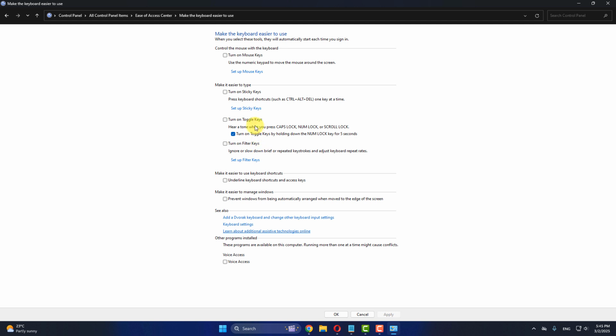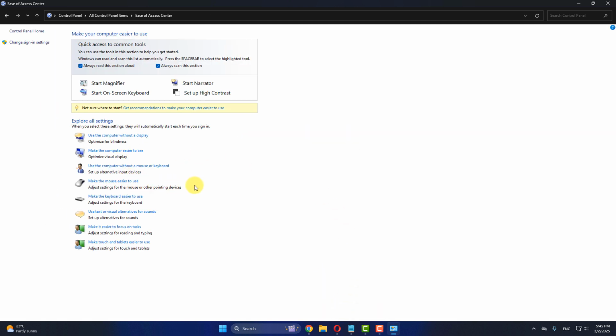And after doing this step, make sure that you turn off the toggle keys and turn off the toggle keys by holding down the num lock for 5 seconds. So uncheck both and click on apply and OK button. After doing this step, go to your